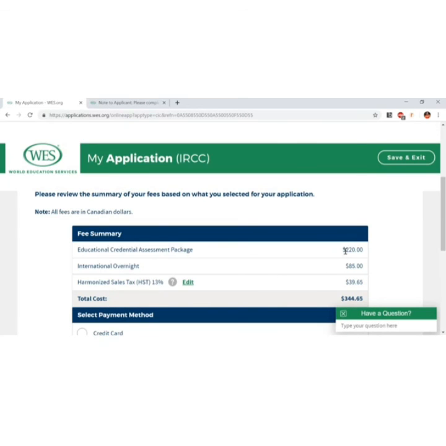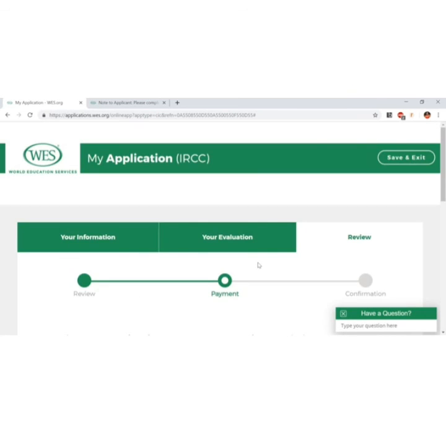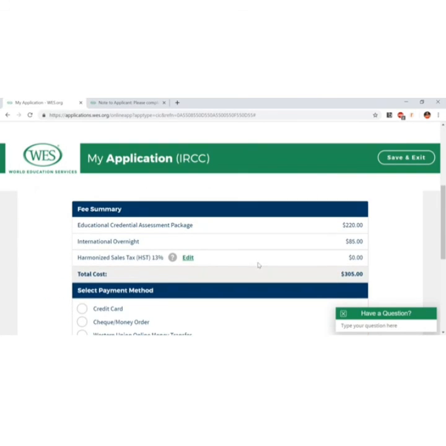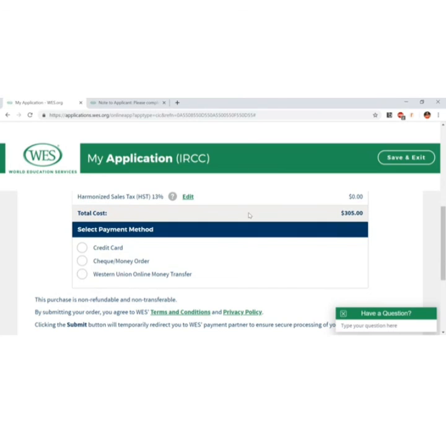See, you can see here 220, which is the ECA fee, $85. Sorry, I think I selected the wrong option. I am not a resident of Canada. Continue. See, this has come zero. Total cost is 305. So you have multiple payment methods: credit card, check or money order, and